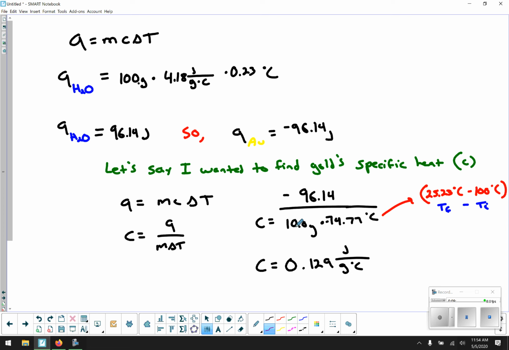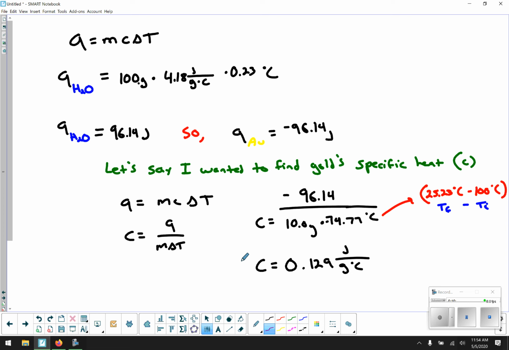I know I start with 10 grams of gold. I know the starting temperature of the gold was 100 degrees Celsius, and the final temperature was 25.23. So I know my delta T is negative 74.77. So doing all that math, I find that the